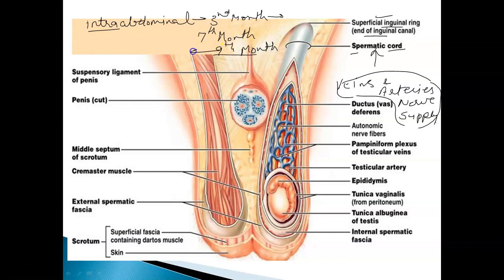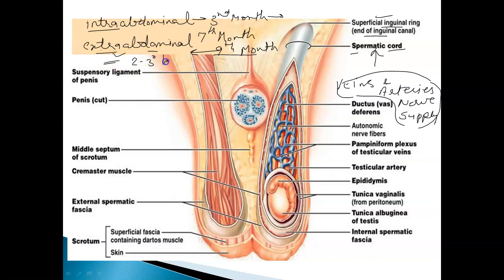They will completely become extra-abdominal, and this is the characteristic feature of mammalian testes. But some organisms, like egg-laying mammals, and even among placental mammals, some animals like bats, elephants, and even marine mammals like dolphins and whales, all have intra-abdominal testes. The extra-abdominal testes are present in the scrotum, which lies outside the abdominal cavity, because the sperms require 2 to 3 degrees lower temperature than